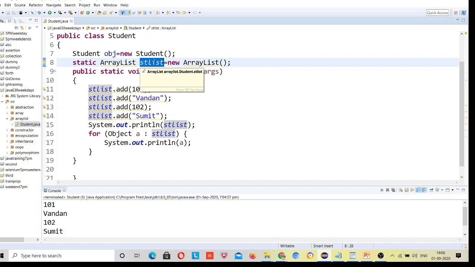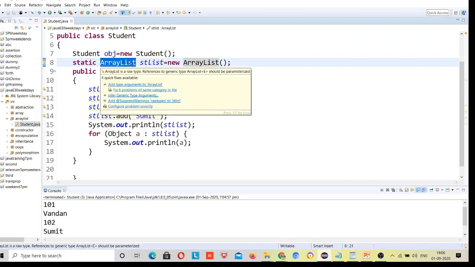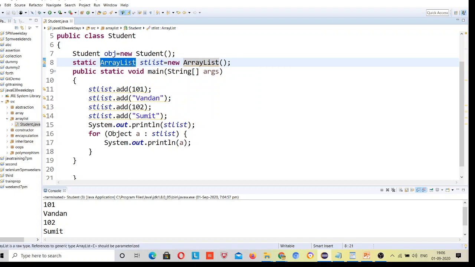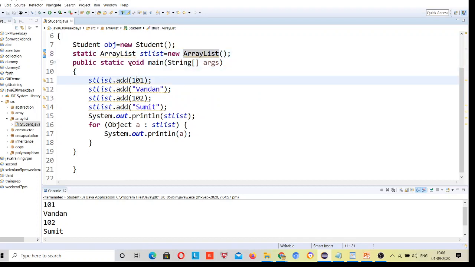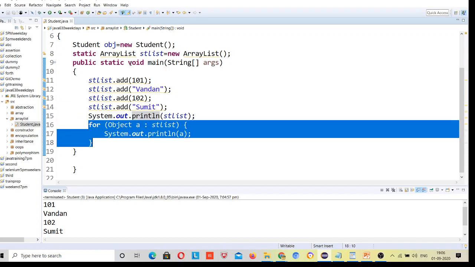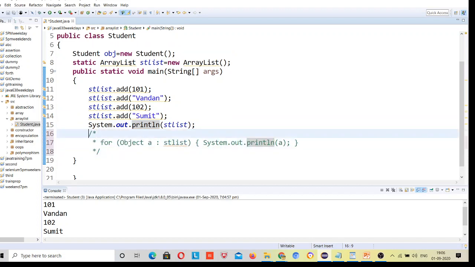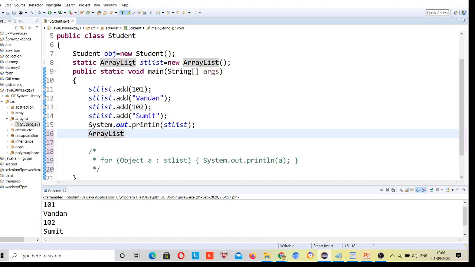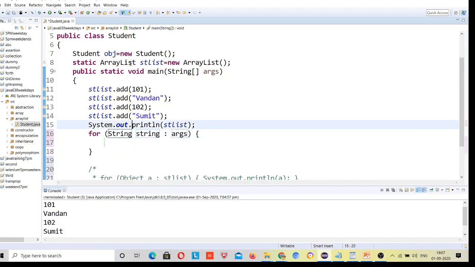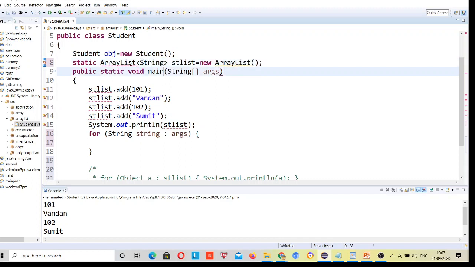Suppose if this was the same type of data, then I can use it like this. Just as I showed you, if this was the same type of data, then you can use ArrayList for e. If it was only string, so if it was generic and I define it like this, string, then you have to declare it here as well.